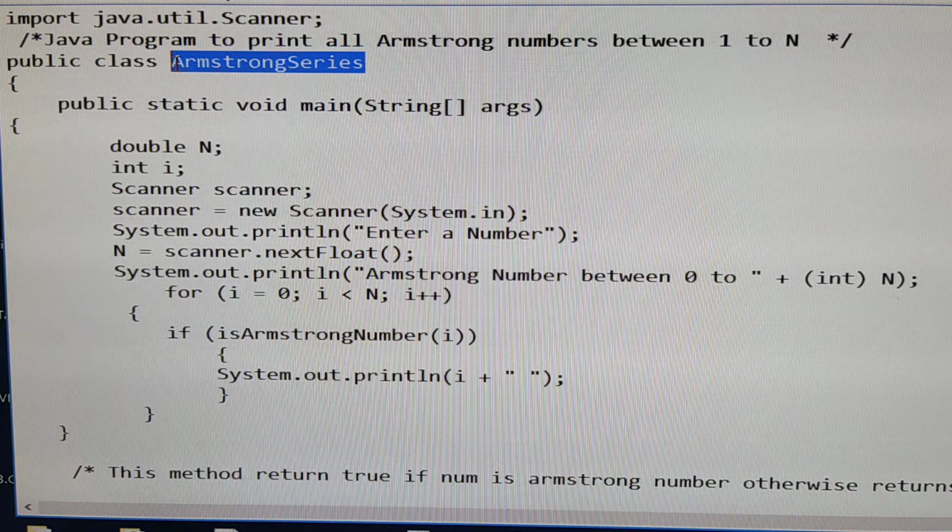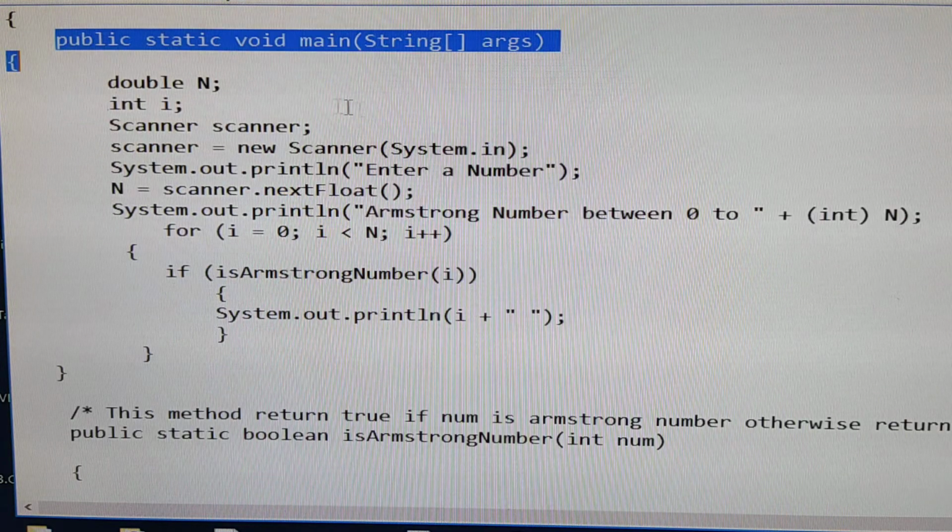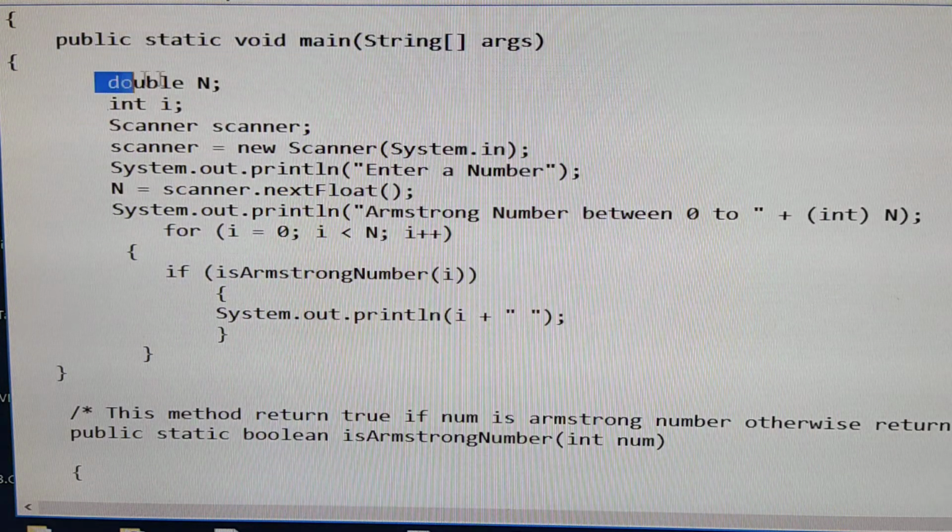Series means from the series we are finding the Armstrong number. Now this is the main method. Now n is a variable, whatever values you are taking. For example, the biggest, I want Armstrong numbers between 0 to 100. So n equals 100, or we can say that n is the range, the biggest number.